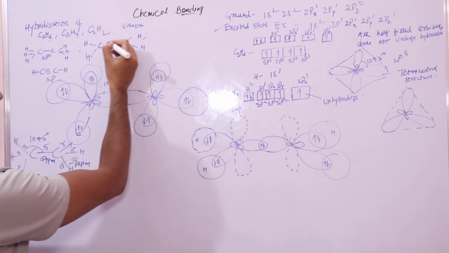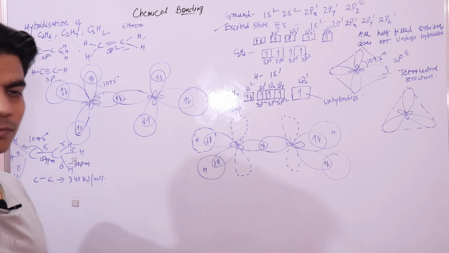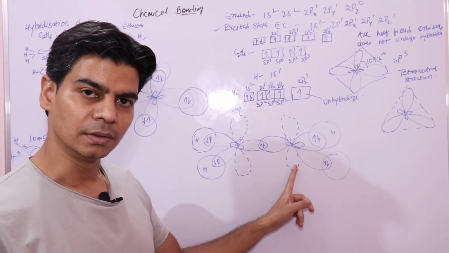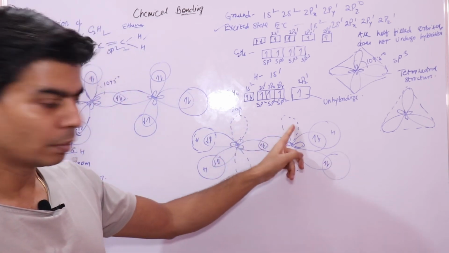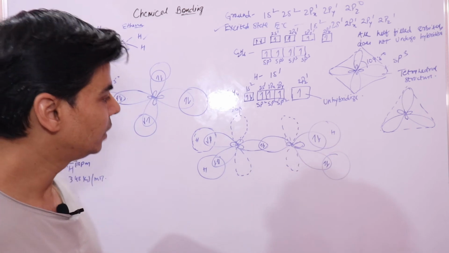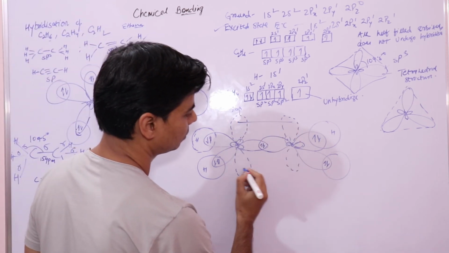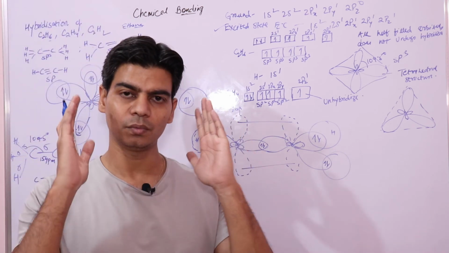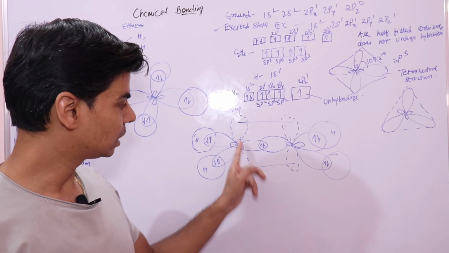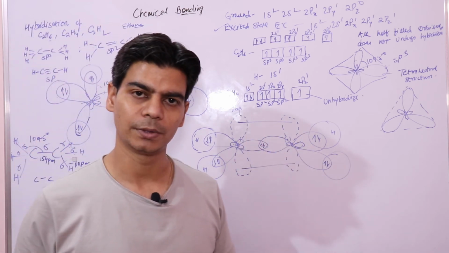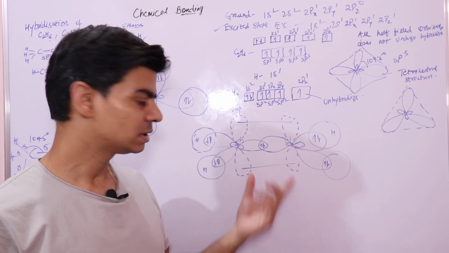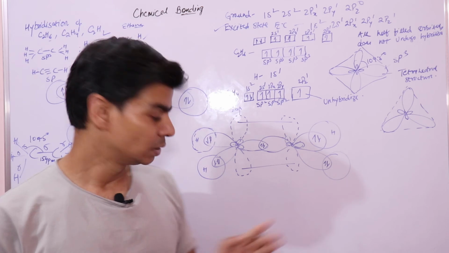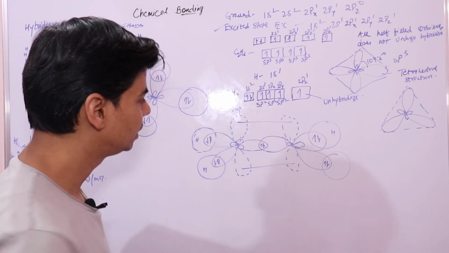And from where does this second bond come? We have two unhybridized orbitals, right? These two unhybridized orbitals, which are 2pz orbitals, will undergo sidewise overlapping, right? We have already done this in sigma and pi bond, that when sideways overlapping occurs between p orbitals, a pi bond is formed. Sideways overlapping is an inefficient overlapping, right? Overlapping is to a lesser extent. So this bond is a weak bond, right? We have already done this.